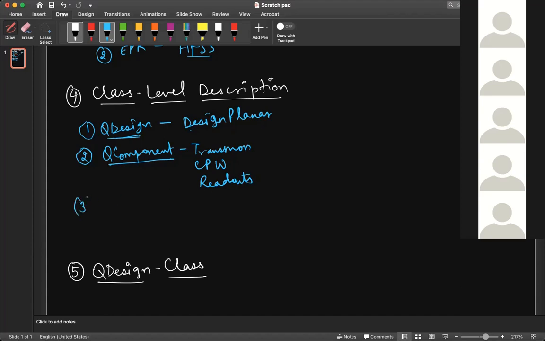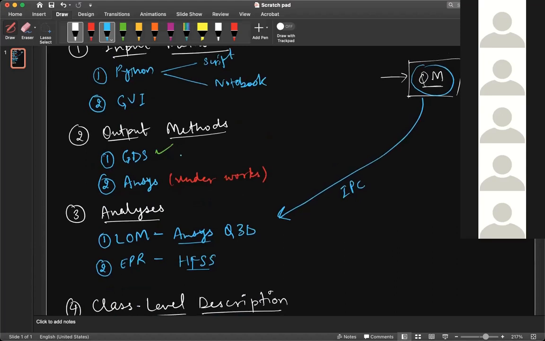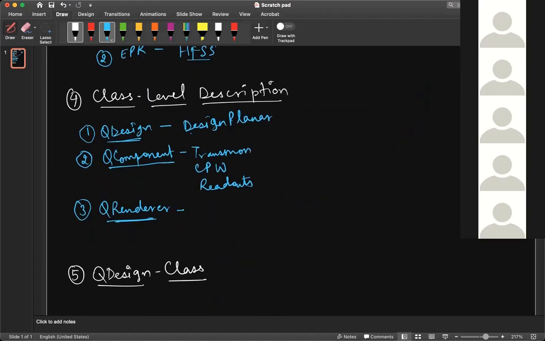The third major class is Q renderer, which basically handles the output. We talked about the output methods here, right? Q renderer outputs the design into a specific manufacturing format. Right now only GDS is available, but as I said, more output formats might be available in future.